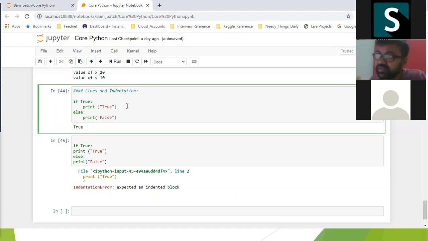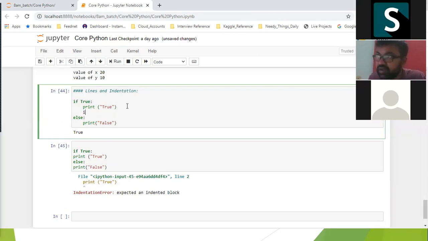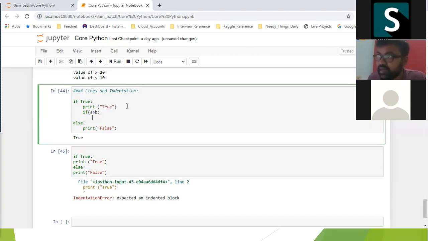For example, inside this if condition, I'm writing one more if condition. If A is greater than B, again I need to use indentation space to start the inner if condition. Print A is greater than B.